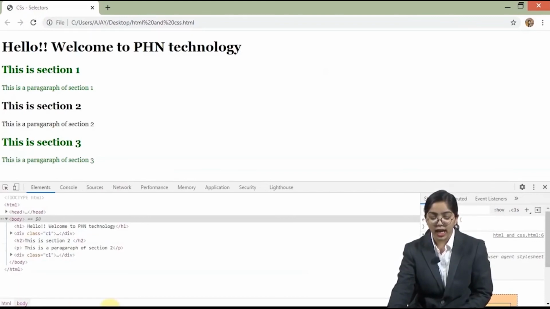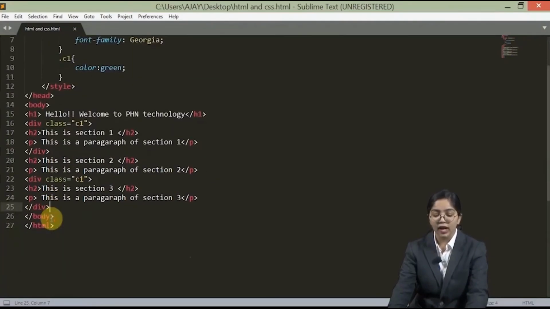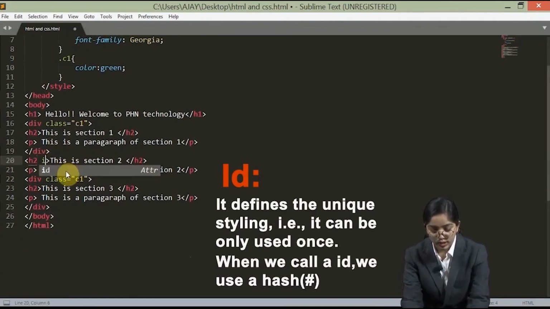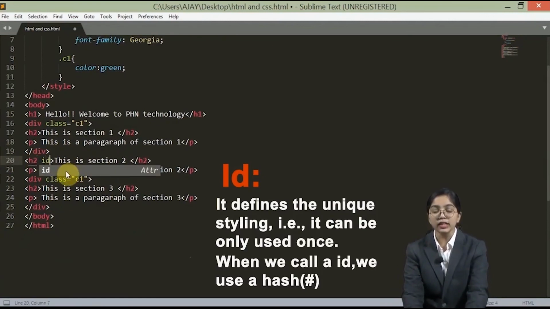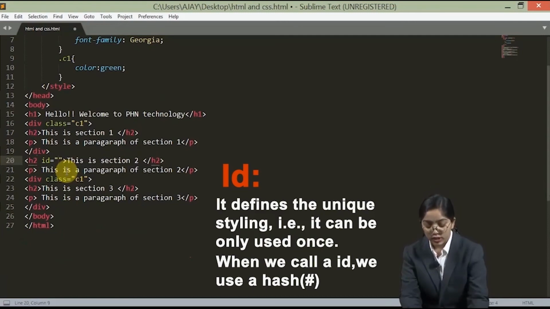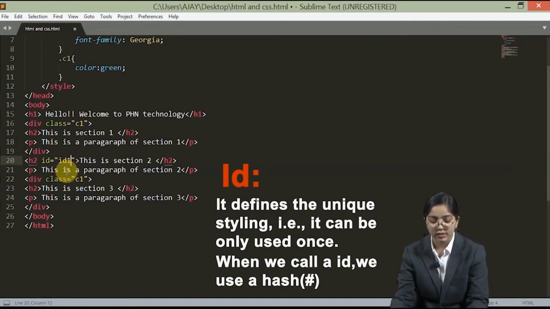Now let's just see for ID, okay. If I use an ID for this particular H2, to call an ID, we use the ID as an attribute and the ID name as the value of the attribute. So let's just name it ID1.